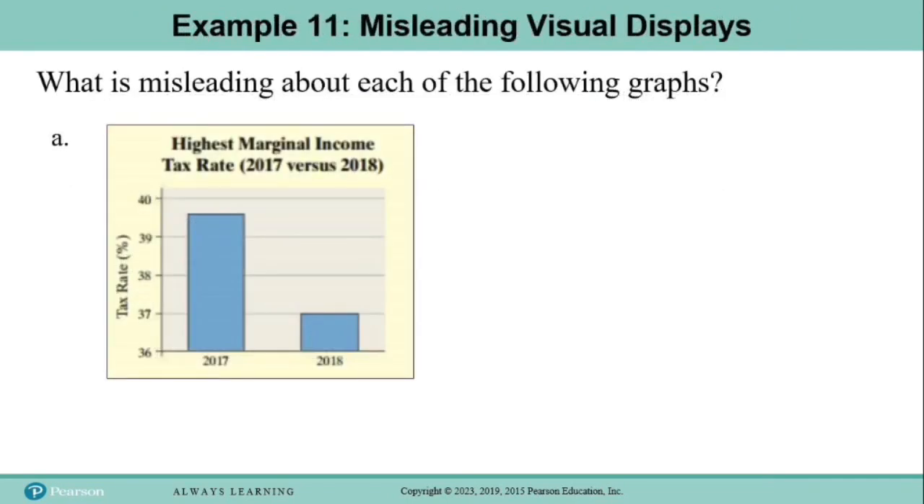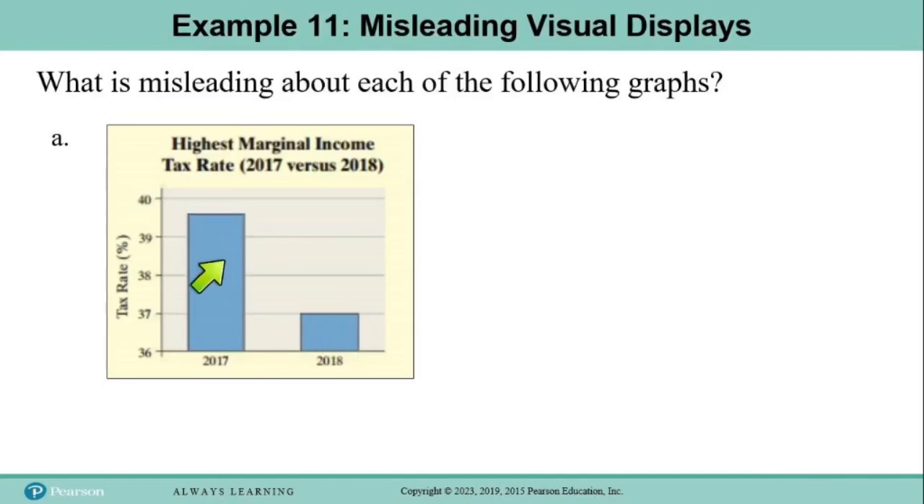Okay, so here are a few examples, and we're going to look at some examples of bad graphs and see if we can figure out what's bad about them. So here we have a graph of highest marginal income tax rate 2017 versus 2018. And one place you always want to look to see if the graph is being distorted is the vertical axis. In this case, the vertical axis only goes from 36 to 40,